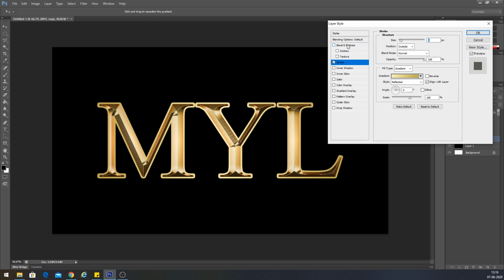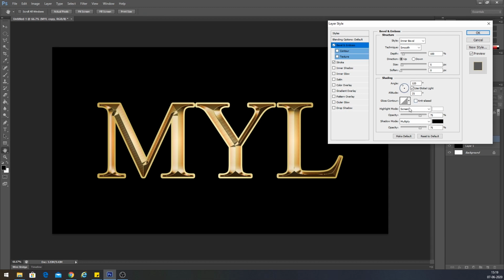So after this, select the bevel and emboss. Here again select this one. This is called ring double. Just click on it, and from smooth change to chisel hard, and make the size setting. Select here stroke emboss. So this effect only affects the strokes part, so it looks very cool over here. Just want to decrease the size a little bit.